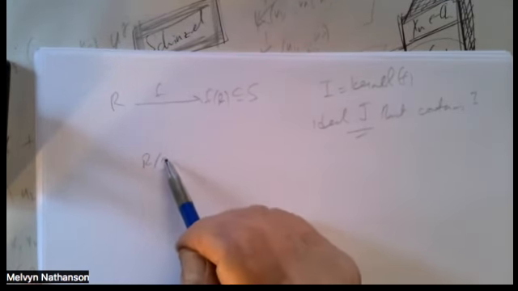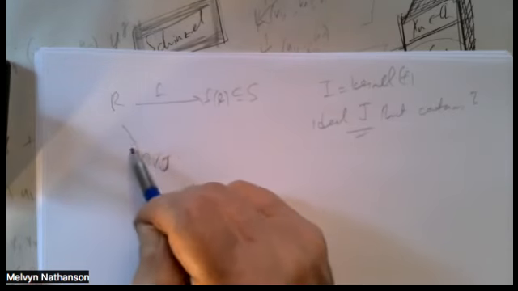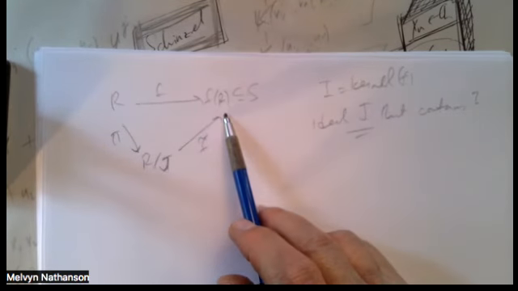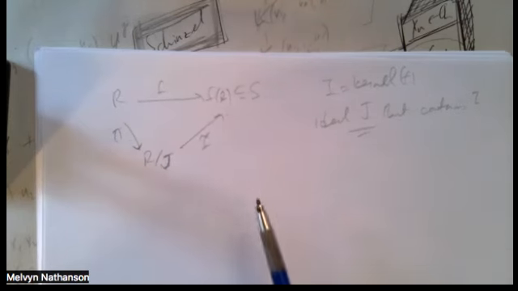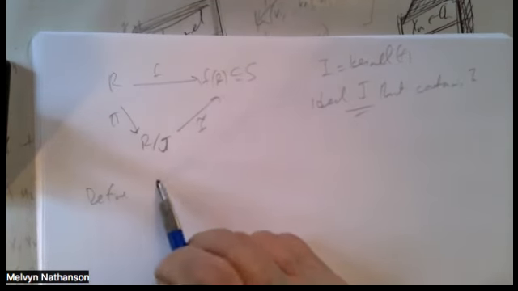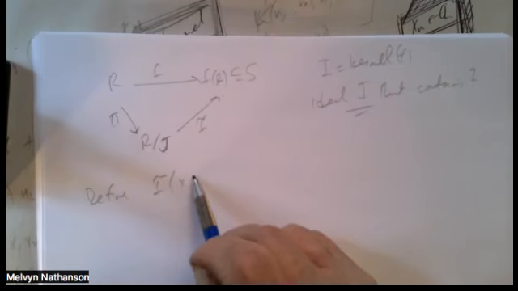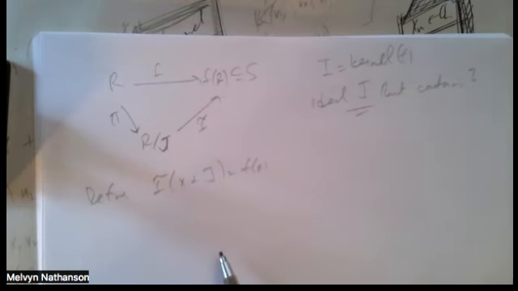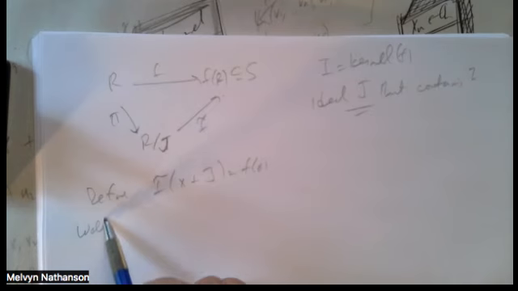So I have a quotient ring R mod J, a canonical homomorphism pi, and I want to define a function F tilde from the quotient ring into this image that makes this composite function equal to F. So I want to define F tilde of X plus J equal to F of X. And to show this is well defined,